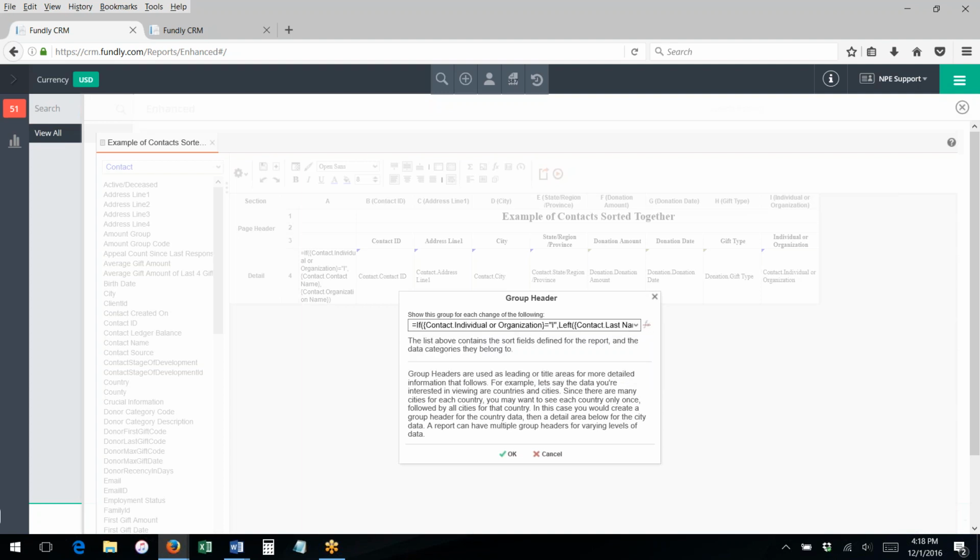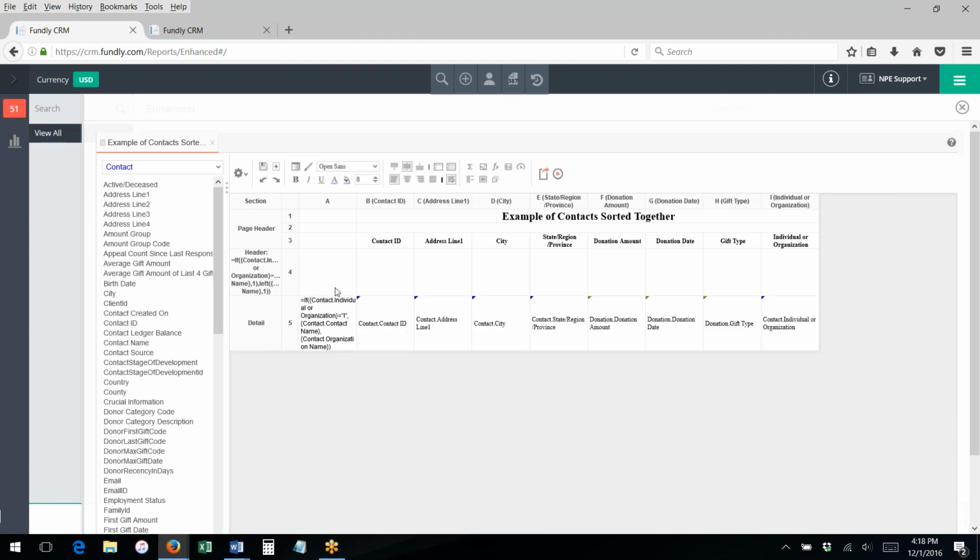So I'm going to group on that letter and say OK. It's going to insert a section. And now to actually display that letter, I need to add my formula, this same exact formula that's here in the header, into one of these rows, which is what actually displays. So I could, again, double click here and type equals and type the formula, or I can just highlight the cell, hit the formula editor,